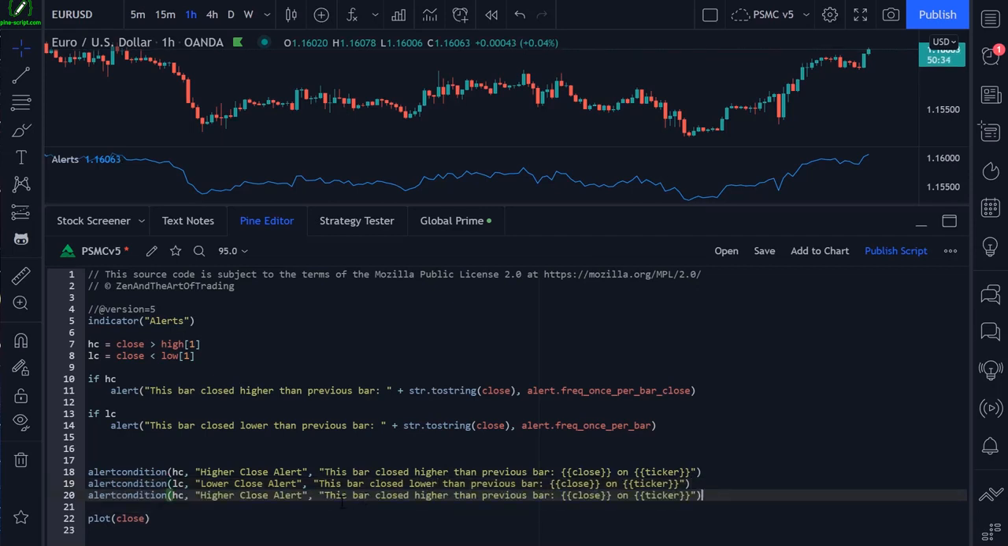And then let's say we want to merge both of these. So we want to say if we have a higher close or we have a lower close, then we have a HCLC alert. And then we could just say this bar closed higher or lower than the previous bar. Now if I save the script